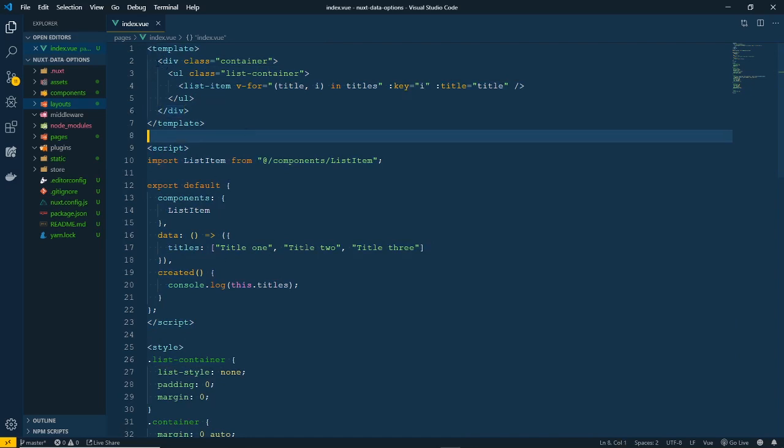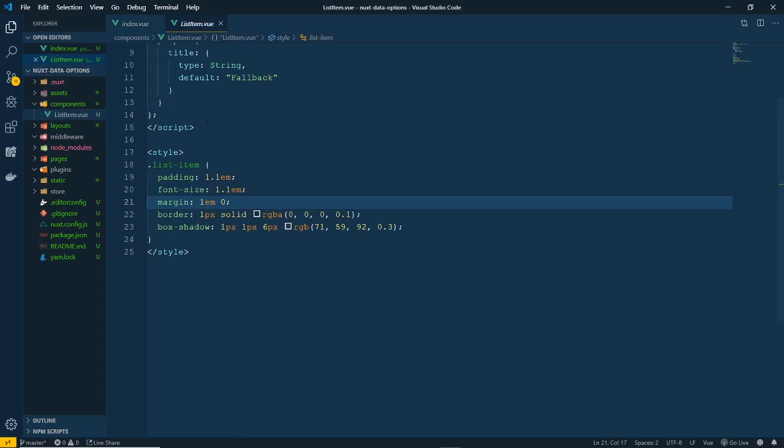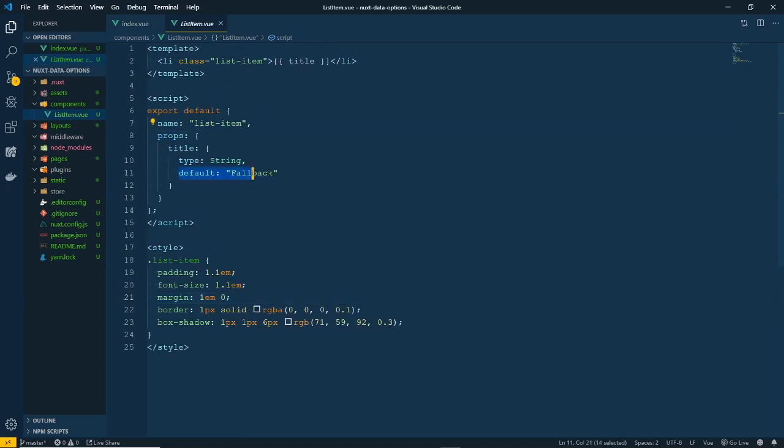So let me just explain what's going on here. The index page, so the home page, has a list container that has a list item component. And this list item is looping, and it's getting a title prop. And the title we're setting from the titles in the data property, the normal data, not async data. So if we go to components, we can see that we receive this prop, and the default fallback is just fallback. We set it, the default string is